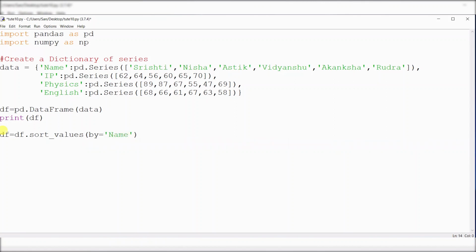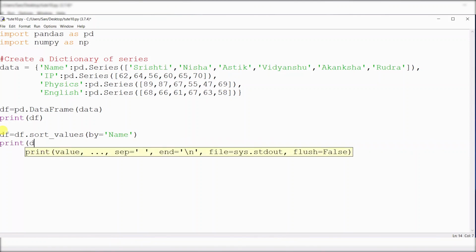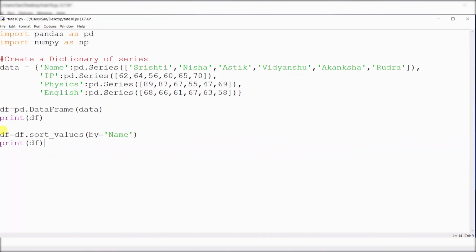Then print df. Now look here, by name, that means we are sorting our data by name, okay?